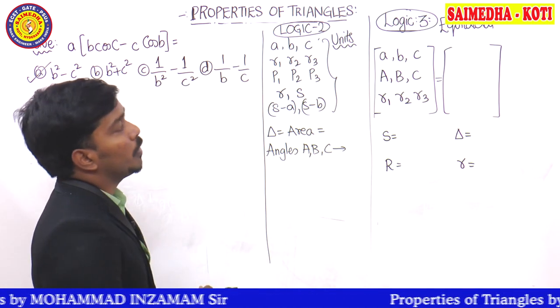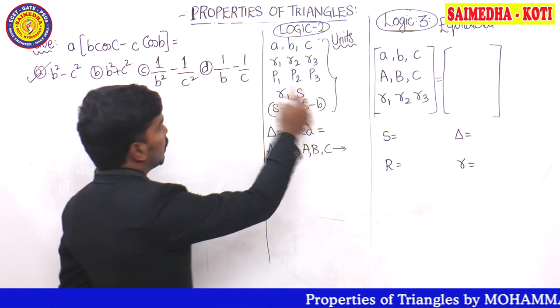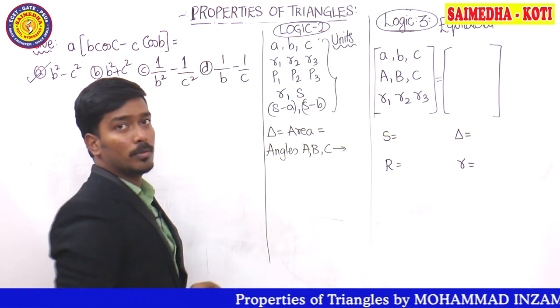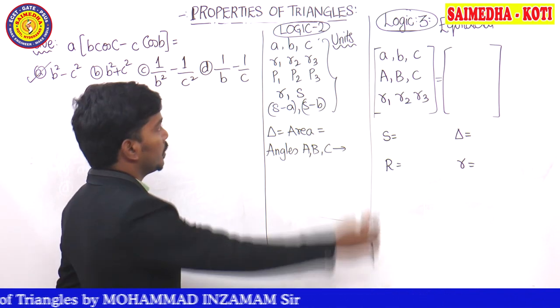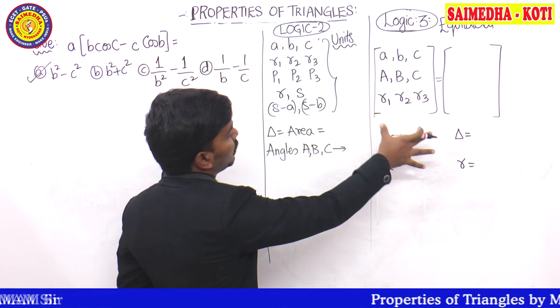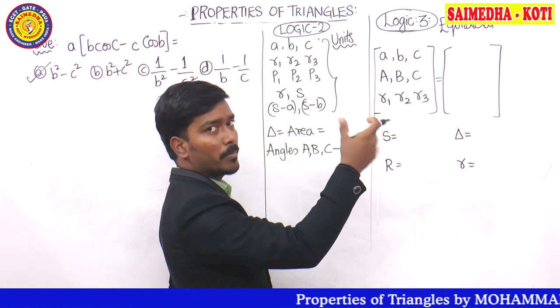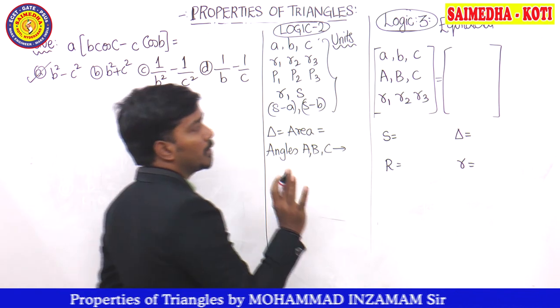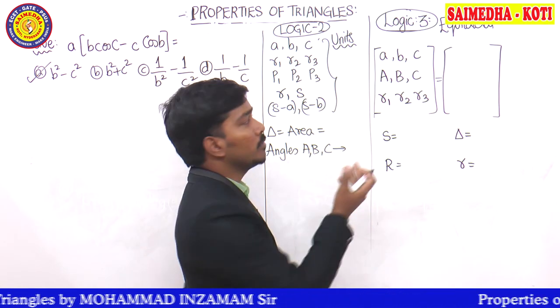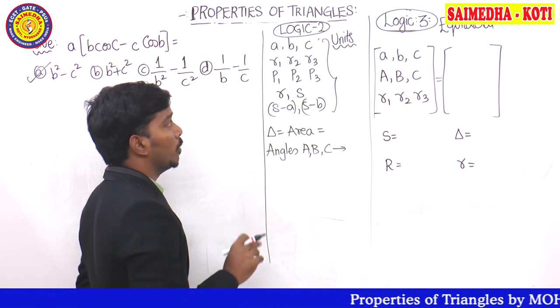Logic 2 is, first of all, by units you need to observe. That is, question units and answer units must be the same. Then you can apply logic 3 also to get the correct answer. In most cases, logic 3 is going to give you the correct answer for all types of questions. But there is only one small condition: if no values are given in the question, then you cannot apply it. We'll see that type of problems also.